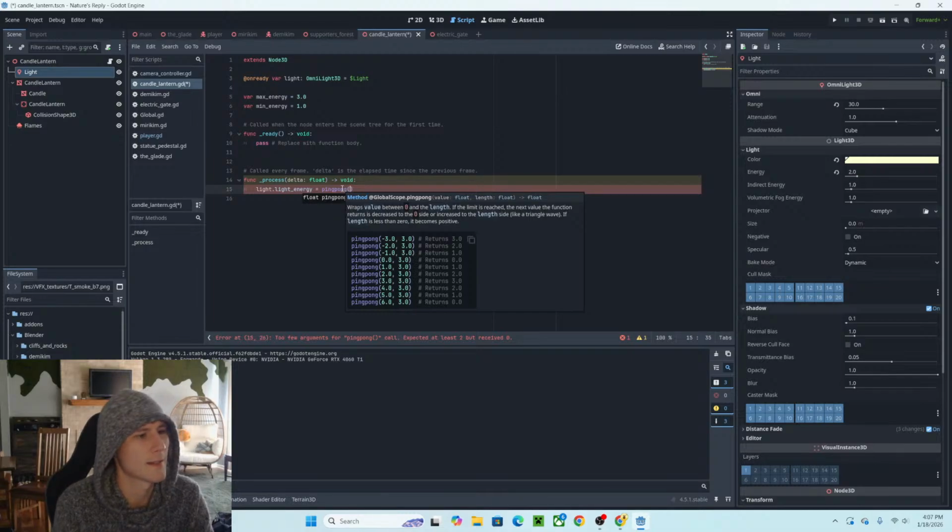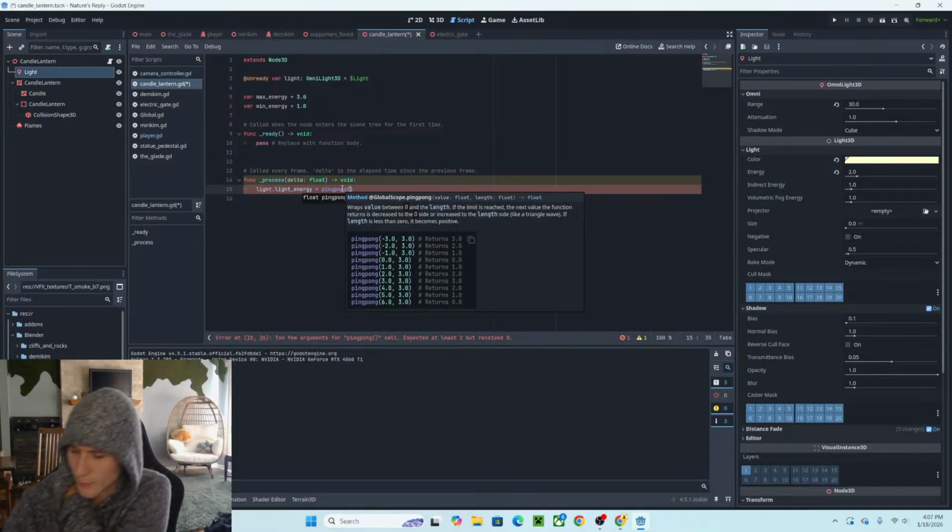If length is less than 0, it becomes positive. Ping pong -3 to 3 returns 3.0. Ping pong -2 to 3 returns 2.0. -1 to 3 returns 1.0. Ping pong 0 to 3 returns 0. Ping pong 1 to 3 returns 1, 2, 3. Wraps value between 0 and the length. If the limit is reached,